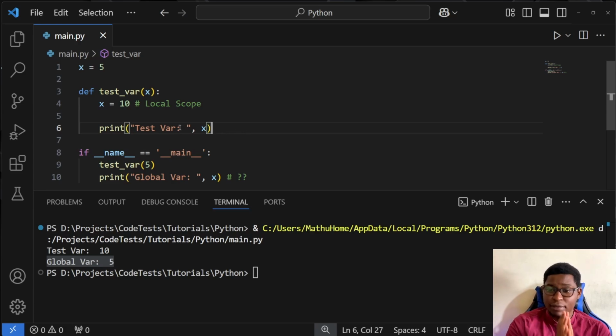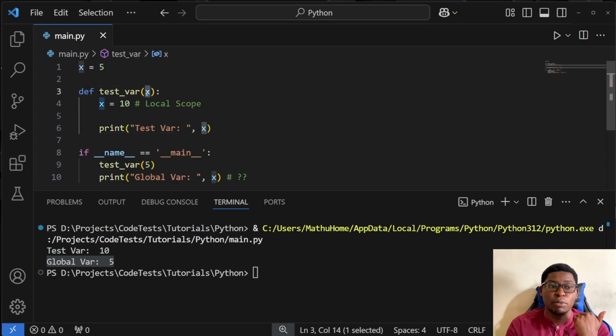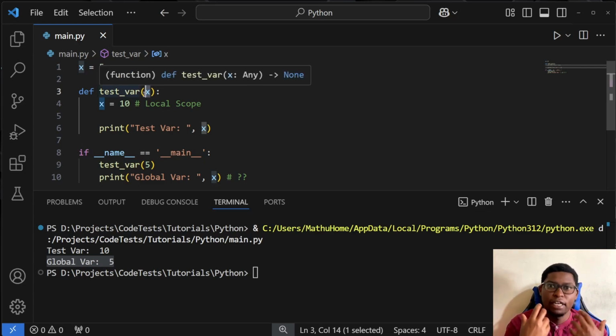So that's something to also consider whenever you're working with variables in programming. The declared variable here does not represent the actual variable itself. It only represents the value of the variable. Okay, so